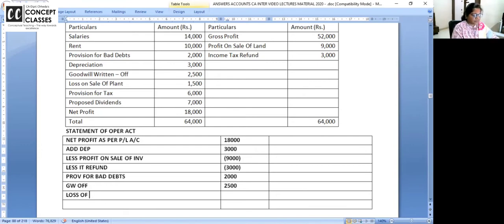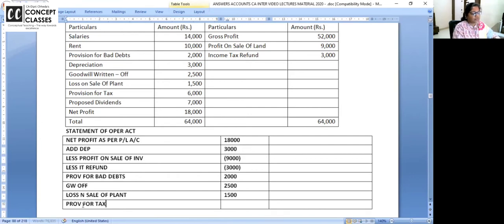Loss on sale of plant. Loss on sale of plant is a book entry. P&L account debit and credit your plant, right? So it's just simply a book entry. 1,500 add back. Next is provision